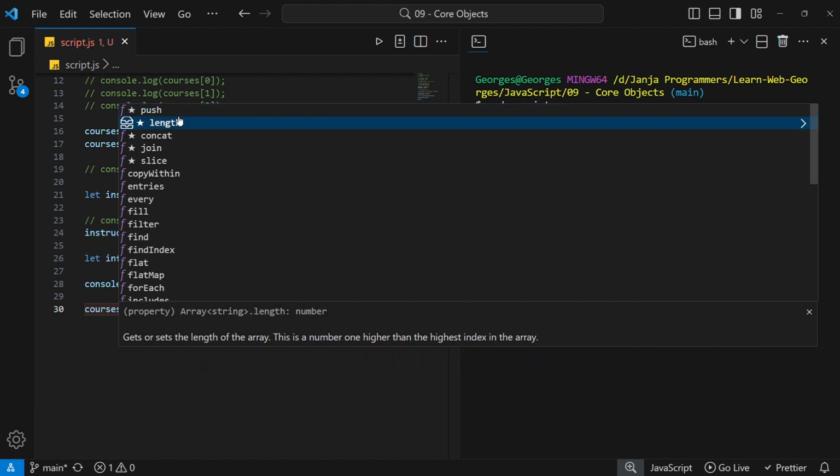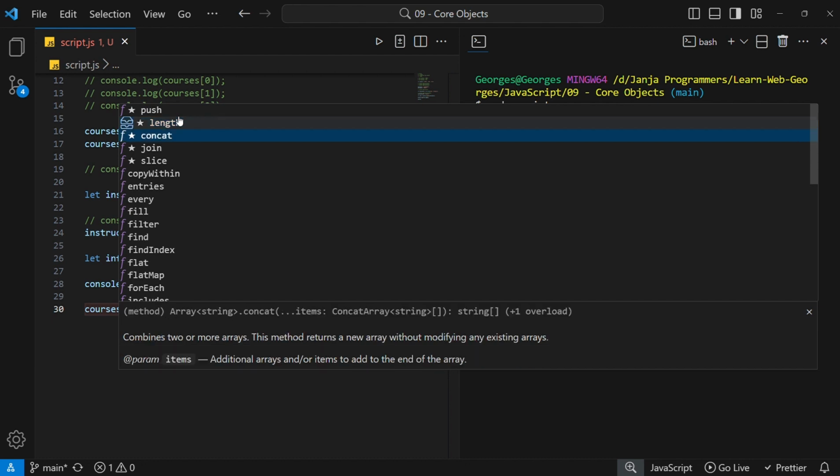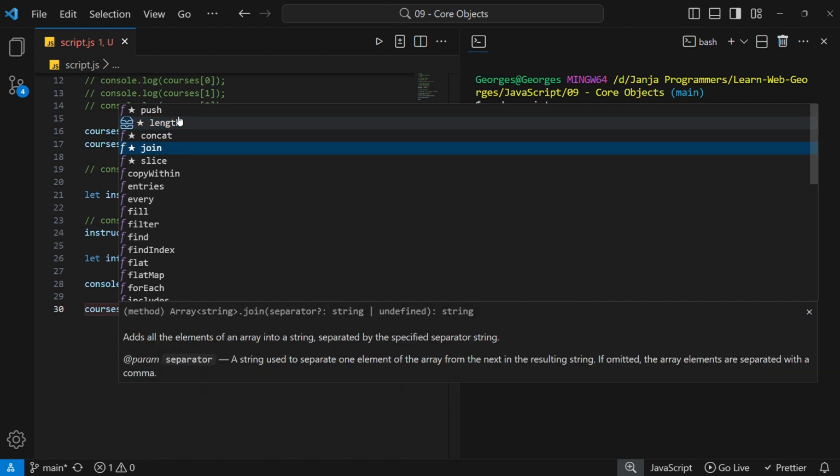Then the dot length, we've already explained that this one gets the length of the array. Then the concat, you said it's used to add two arrays together. The dot join will just add the elements of an array into a string, but it will separate them with a specified